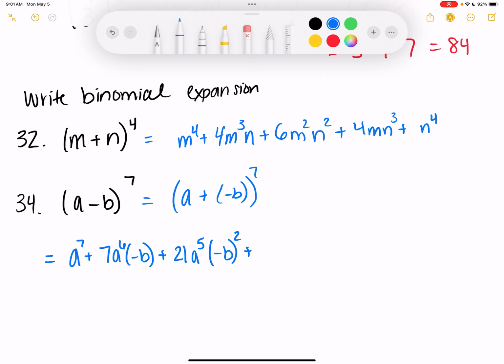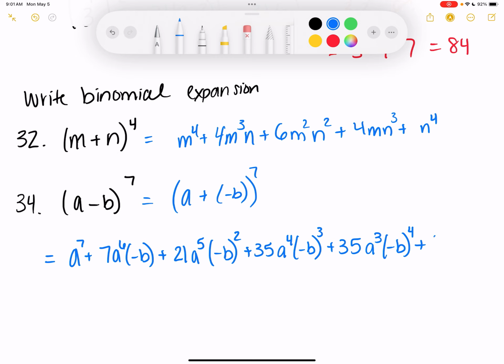Plus, the next number is 35. That's going to be a to the 4th, then negative b cubed, plus, the numbers start to repeat here, 35, a cubed, negative b to the fourth,